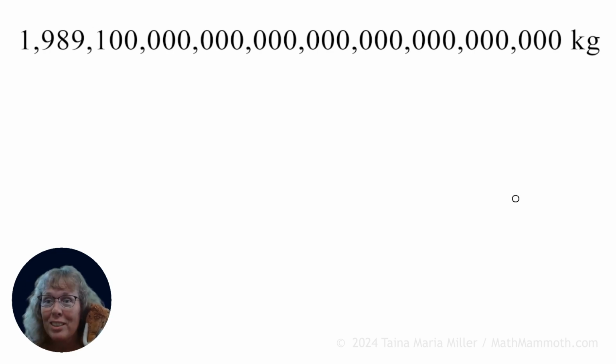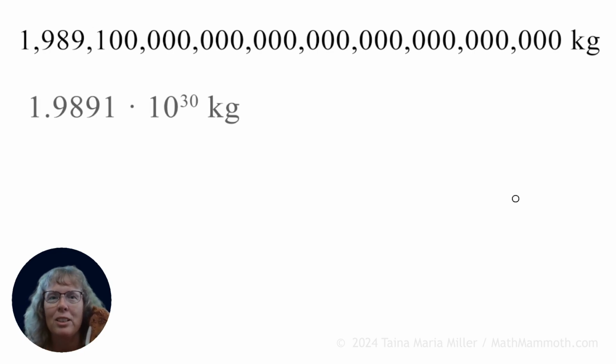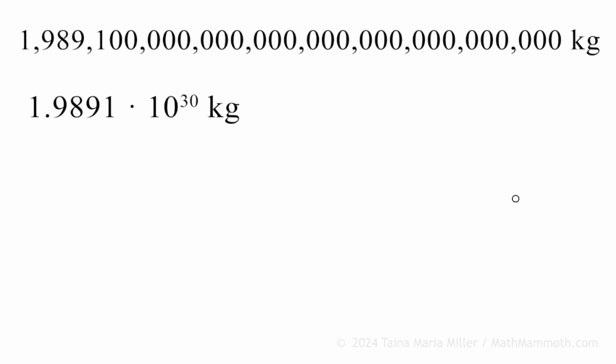This huge number. How many digits does it have? 31 digits. Who would not start reading that? I mean, you would just get confused if you started reading that number to somebody. So that is why we use scientific notation. We use powers of 10 to get rid of all of those zeros, so to speak. We don't really get rid of them, we just write them with a shortened notation using exponents. So instead of this long number, we will say 1.9891 times 10 to the 30th kilograms, the mass of the